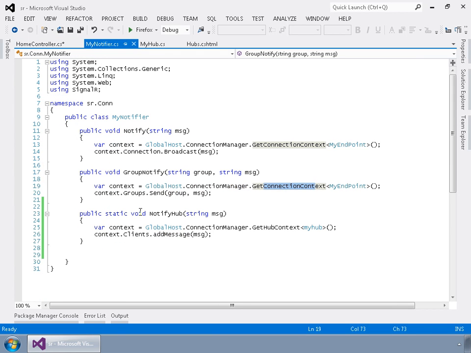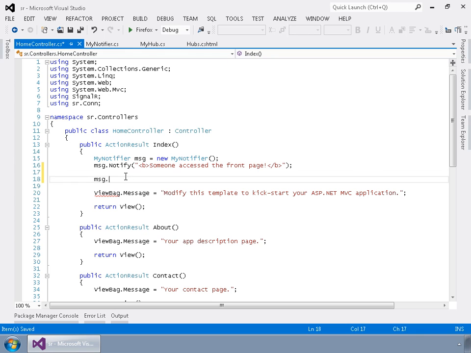Why is it not showing up? NotifyHub, string message. Oh, you know why? I think I didn't mean to make that a static method. There we go. That's probably my problem right there. There we go. NotifyHub,